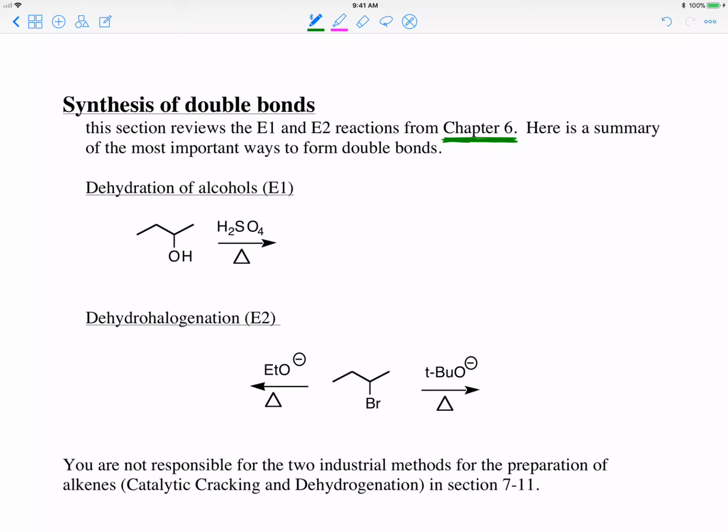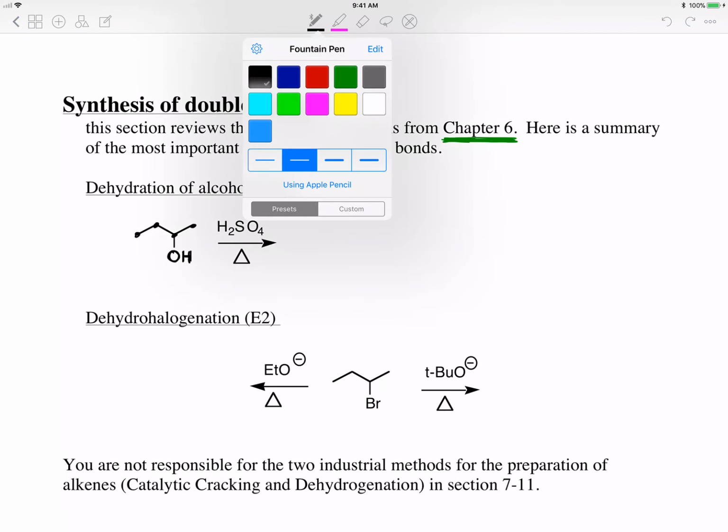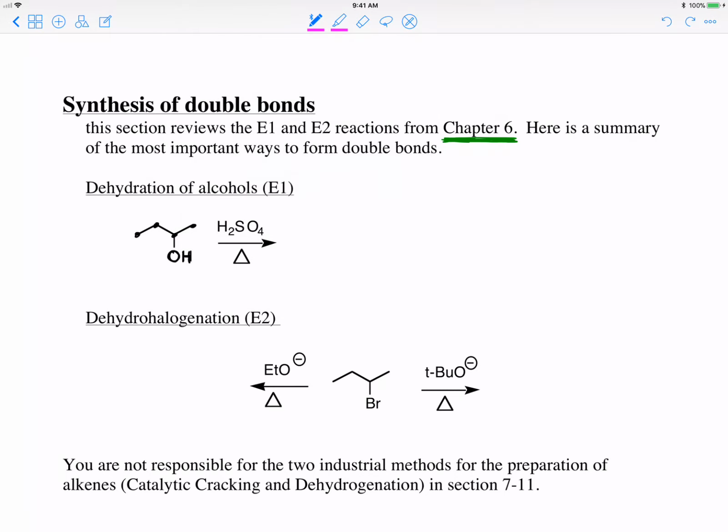So, if I have an alkane molecule here, and it has an alcohol on it, then I can dehydrate that alcohol with strong acid like H2SO4. Now, adding a base to that alcohol doesn't do a whole lot if it's regular hydroxide, but adding H2SO4 does. And what it will do, and we saw this in the chapter, is you'll end up doing an E1